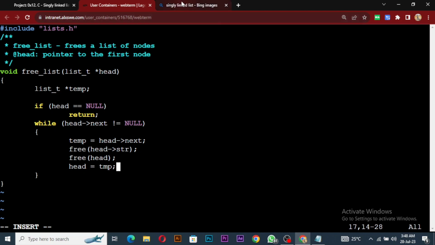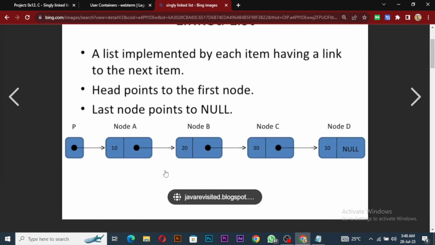Okay, so I think what we're doing here is that while this next is not null, right? So this guy is not null. Then we'll create TMP, right? So TMP will be pointing to this guy now. Then we'll free this guy, right? And then we'll free head, right? And then this head will create another head, and then we'll pass it the value of TMP. So head is pointing to this guy, so it will be going like that and be releasing them from prison that they are. Okay, at the end when it gets to null, right, this guy will still be pointing,